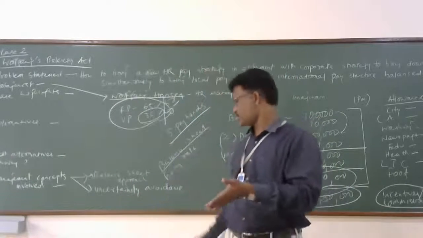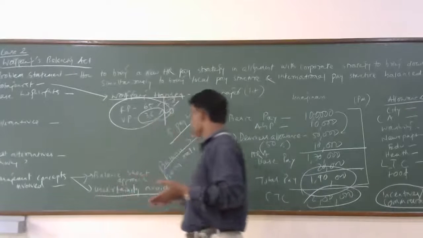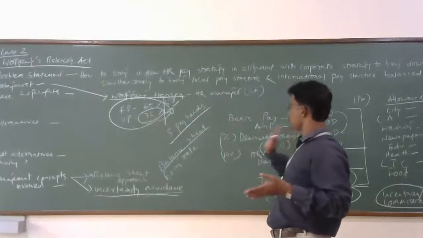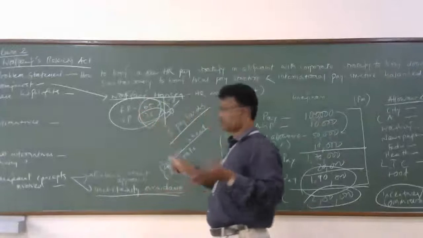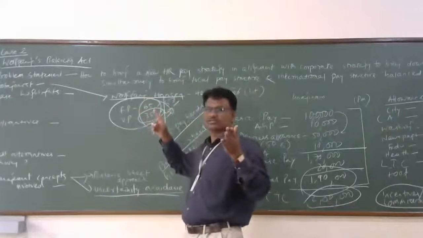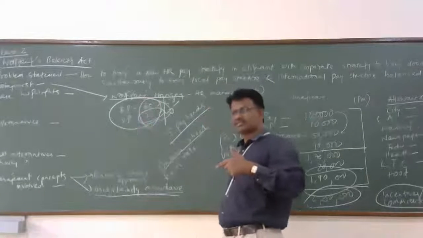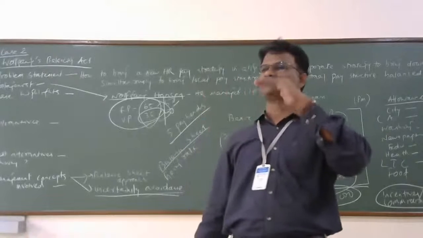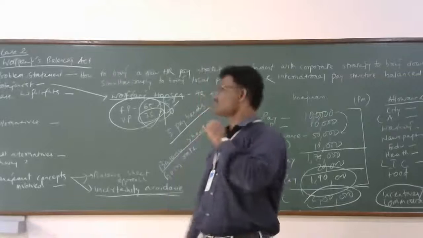So that is why, in Hofstede's model, uncertainty avoidance people are angry on this. No change. Whatever is going on, do that. But it is to be changed because the manager himself thinks that if I change this, then my cost will be reduced. The company cost will be reduced. So that is why he is thinking about